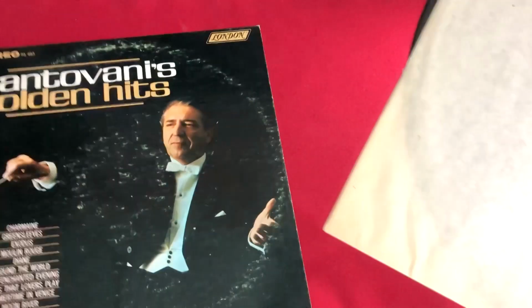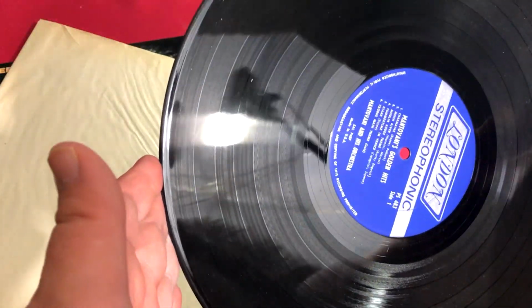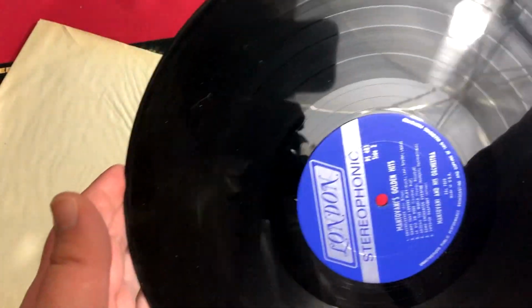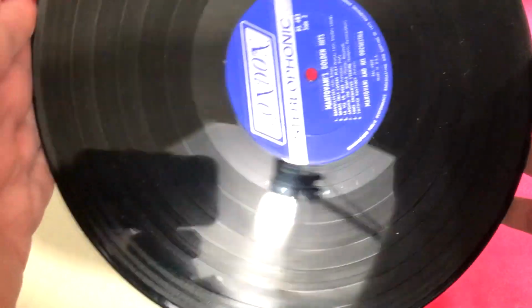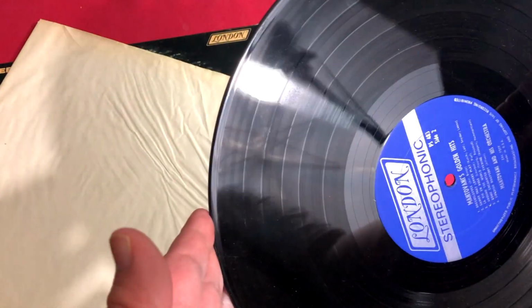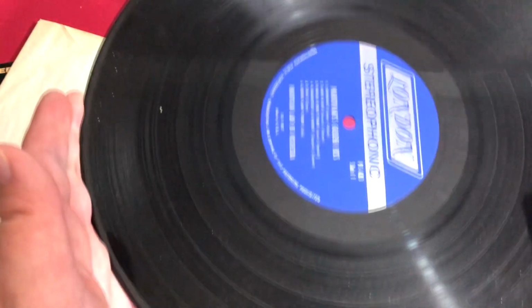So let's take this out. Of course, we can see the seams are split here. And when we look at the record itself, a little dusty there. And of course, I'm using my light up there. You can see my studio equipment to really highlight what I wanted to show. So, I showed earlier, it didn't look too badly warped. But